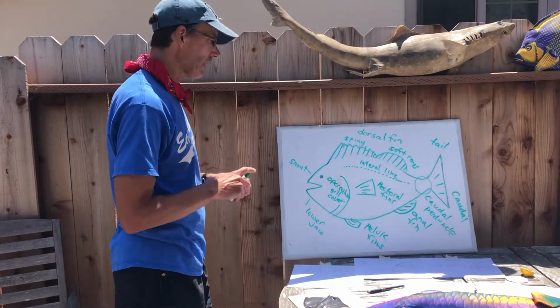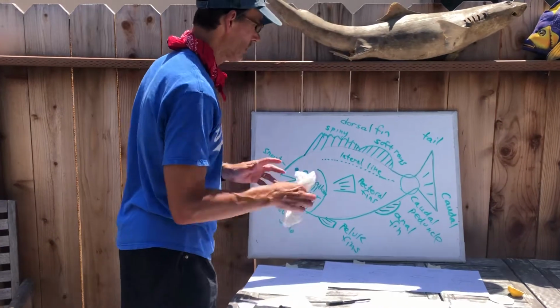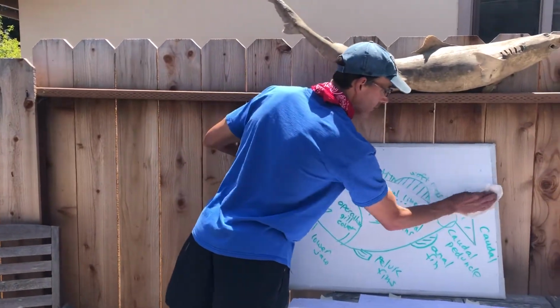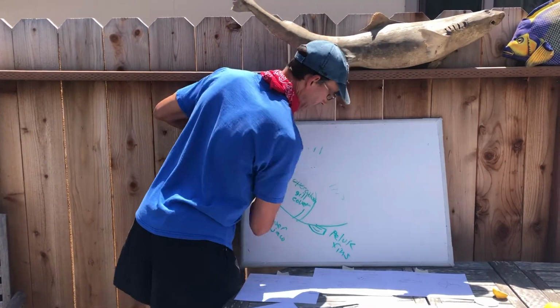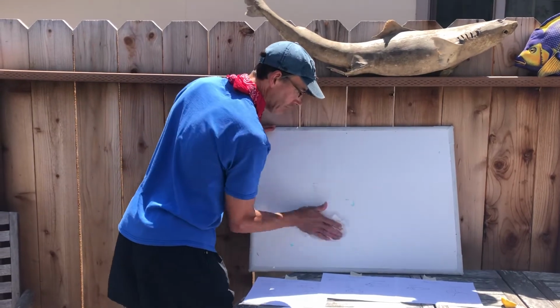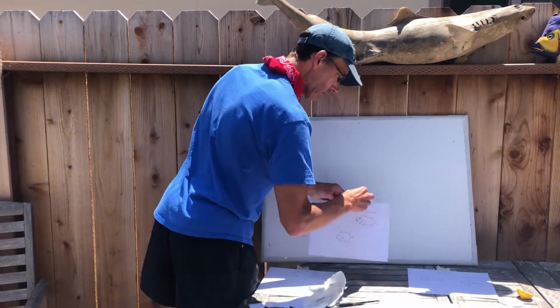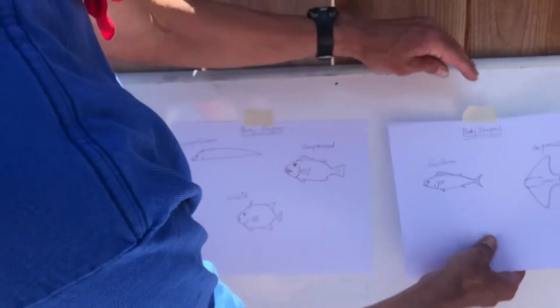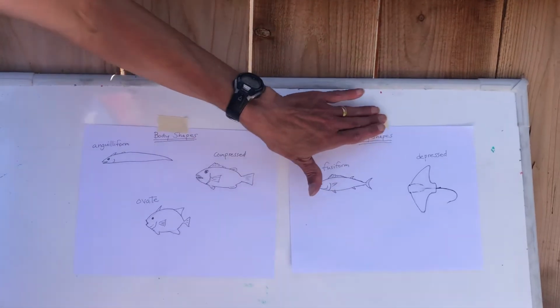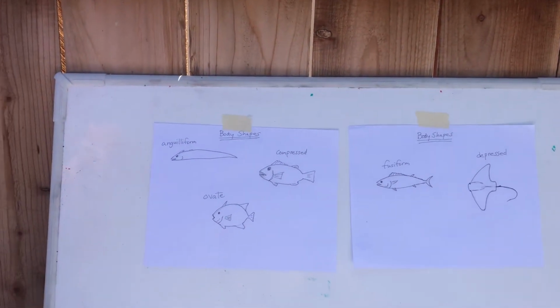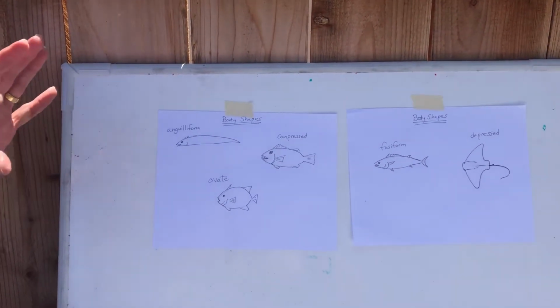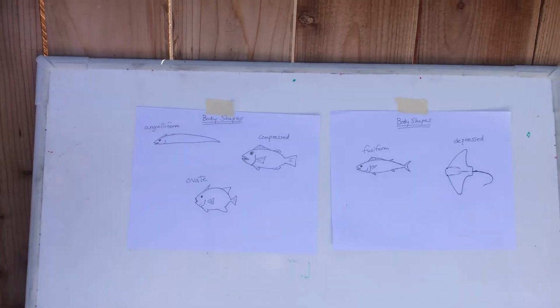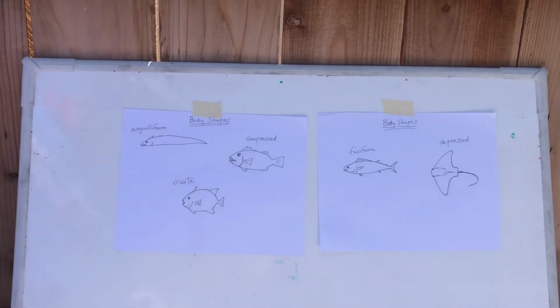Now we're going to take a look at fish shapes, body shapes of fish. So there are going to be 5 that we're going to go over here. Now it will be helpful when you do this assignment if you were to print out these pictures from your Google assignment, and then you can just add to them as I'm going over this. So